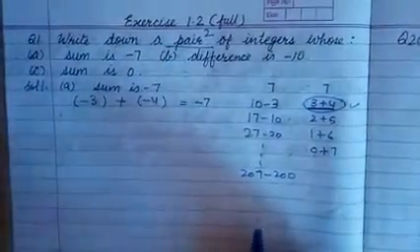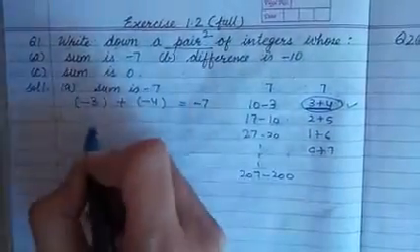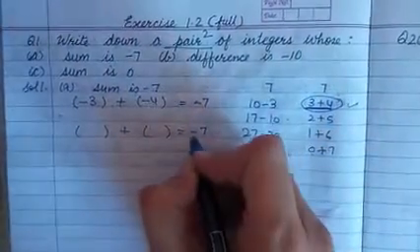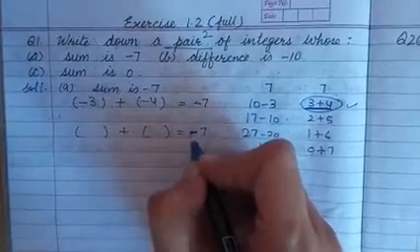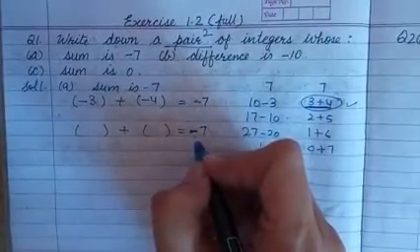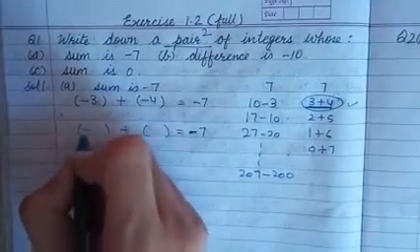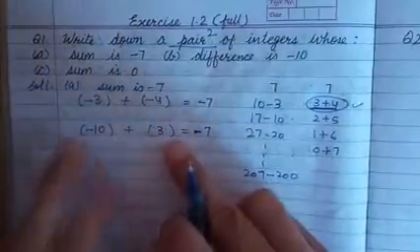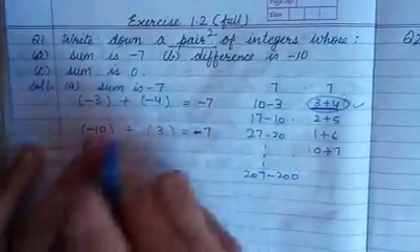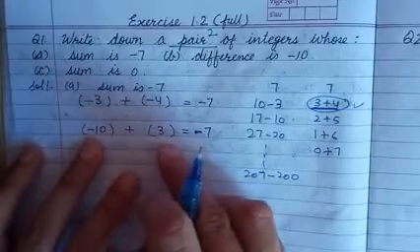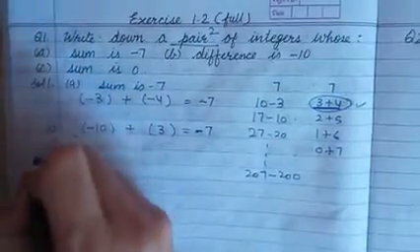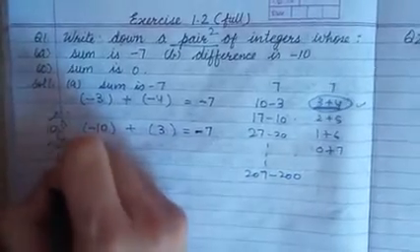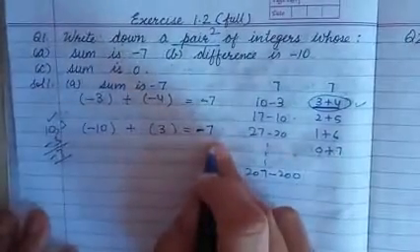Now let us study this case, that when we have to subtract and get the answer as minus 7. Now in this case we have got two integers and minus 7, and you know that minus we want. Minus means the answer is having a minus sign, that means the greater integer is negative. So we'll write here minus 10 and here 3. Minus 10 and 3. Now this is rule 3 which we have studied just now, that different signs are there. So we'll ignore the signs. If we are ignoring the signs, 10 and 3, subtract the smaller and take the sign of the greater, so the answer is minus 7.